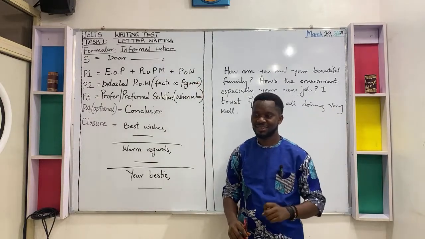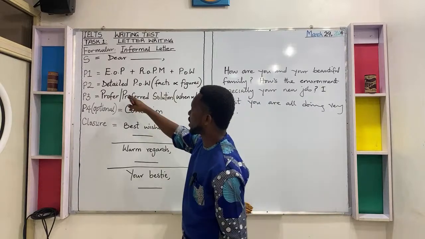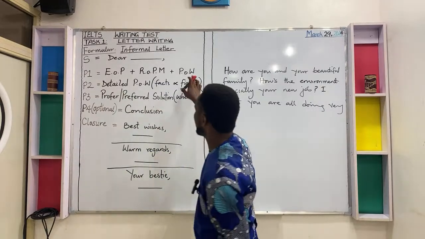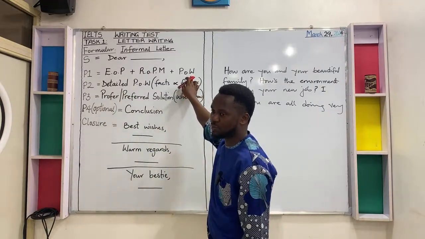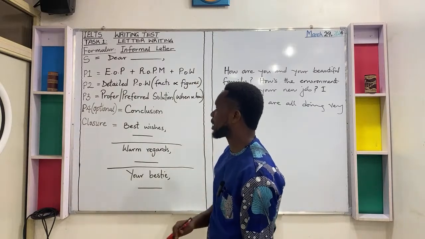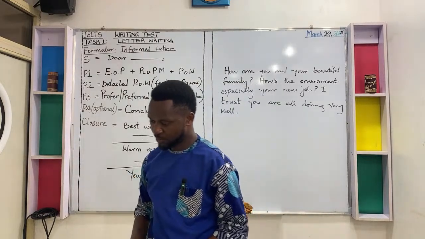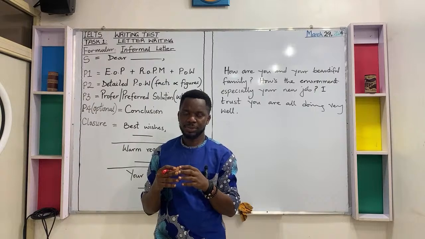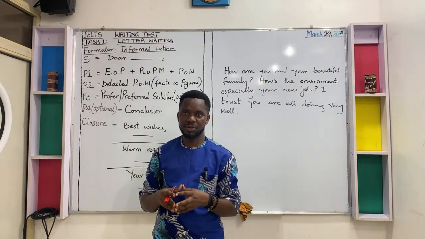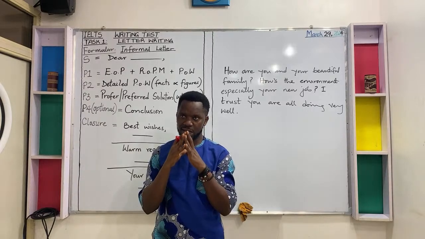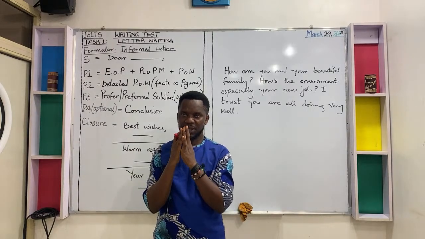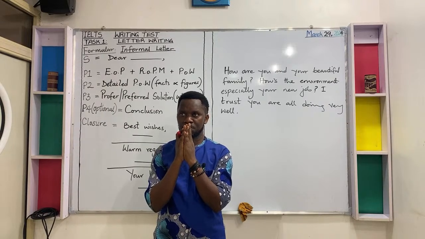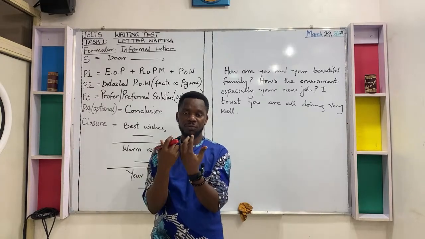1. Right? After that, your paragraph 2, you now want to give detailed purpose of writing concerning what you introduced in your paragraph 1. So for your paragraph 2, you are saying something like, in line with our need for your assistance to help secure a befitting accommodation for my parents, it is pertinent to establish to you that their vacation is being planned and funded by all of us, the children,